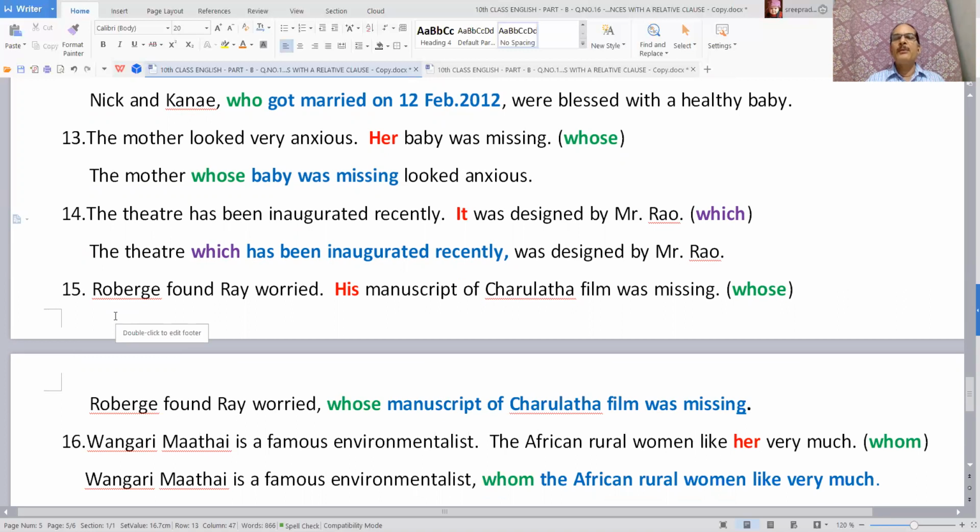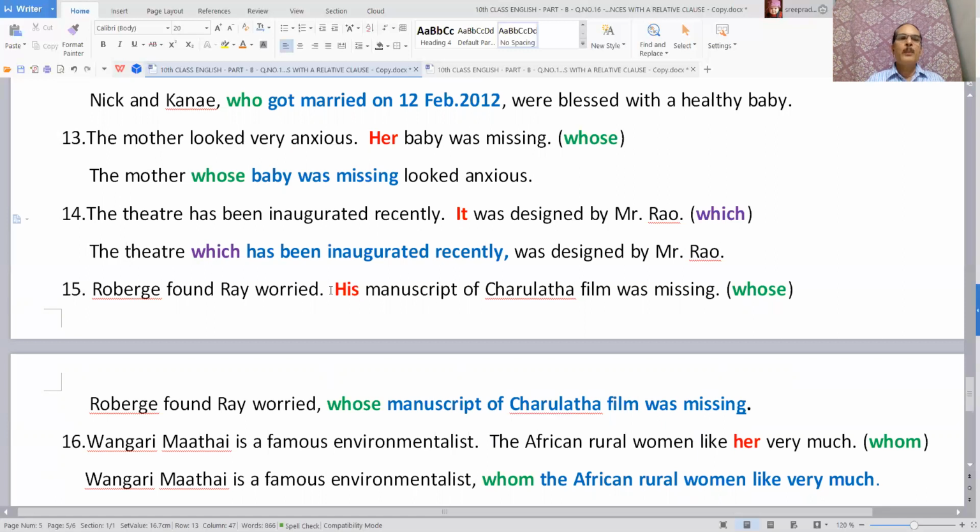15th one, Robert found Ray worried. His manuscript of Charulata film was missing. So Robert found Ray missing. Here two subjects are there, Robert and Ray. Look at the second sentence. His manuscript of Charulata film was missing. So his is